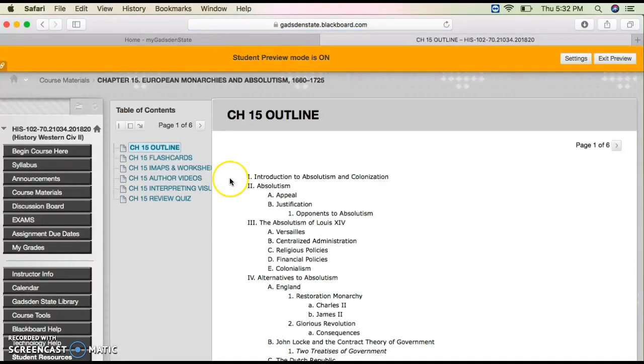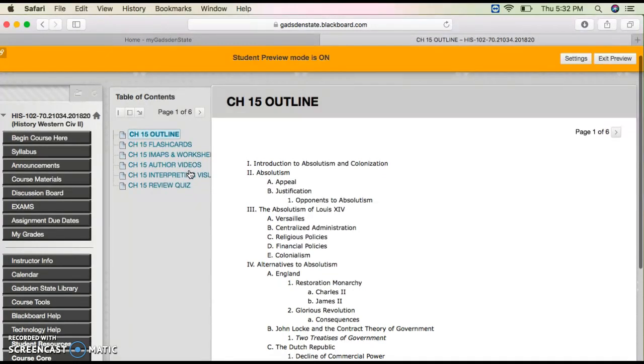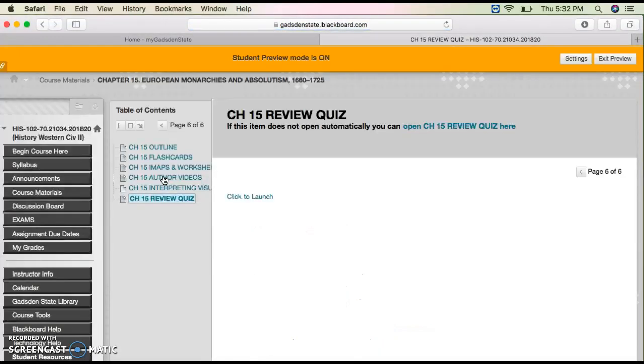You'll click on the link, and in this link, there are some very great resources for you to use while you're reading. You'll have an outline for each chapter. There are also flashcards that you could print out and use to study for the exams. There are maps and worksheets that you can use, and author videos. The very last thing is the review quiz. You can click on the review quiz, and these are due